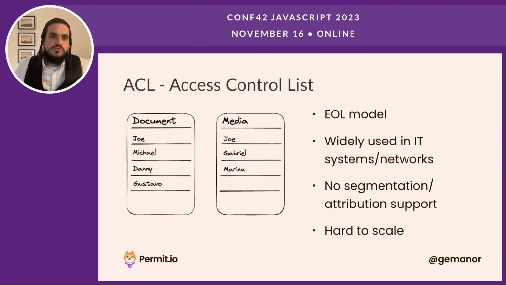First is the access control list. Access control list is a very old one. I consider it an end-of-life model. It's usually used in systems, firewalls, switches, etc. It maintains a long list of users, and in the list, let's say the title is an action and a resource, or only a resource, and the users that appear in the list are actually the ones allowed to do something. In this kind of permission model, it's hard to scale because we need to maintain all those lists, and